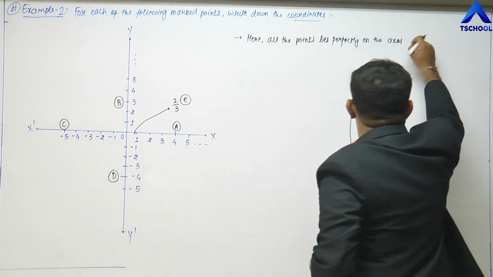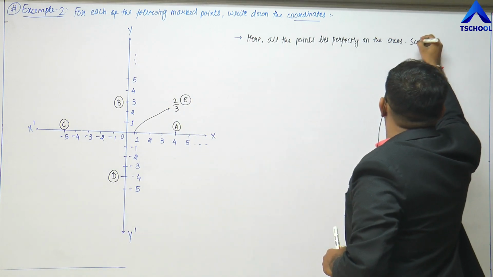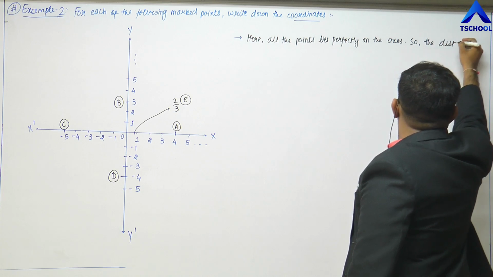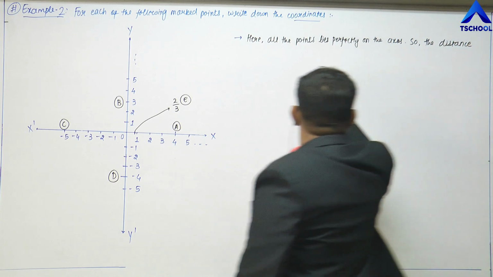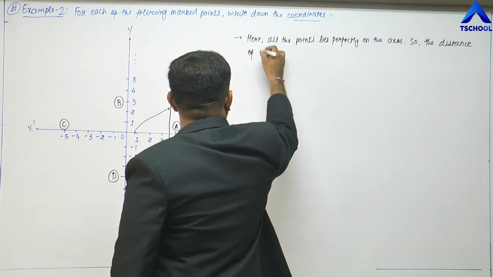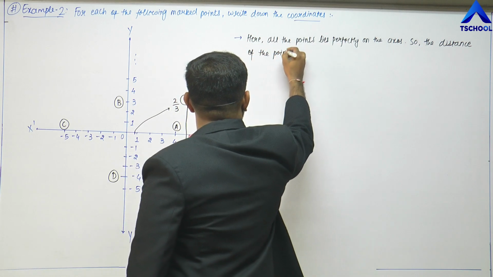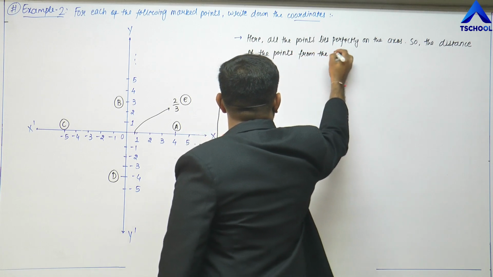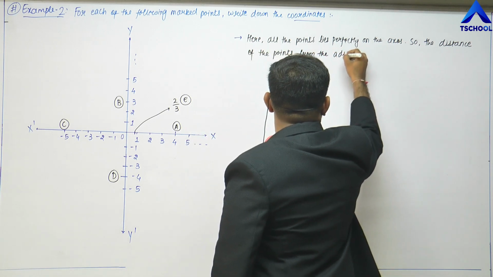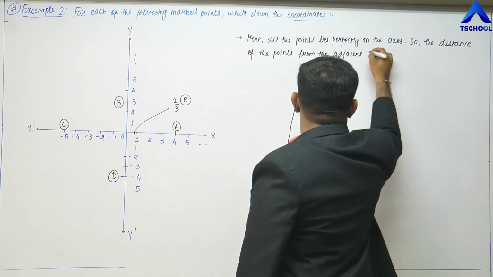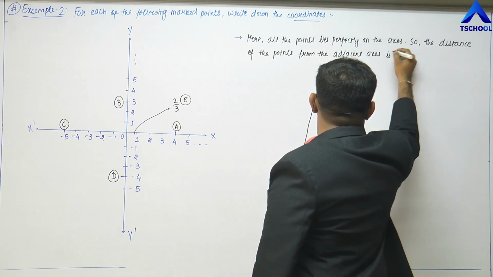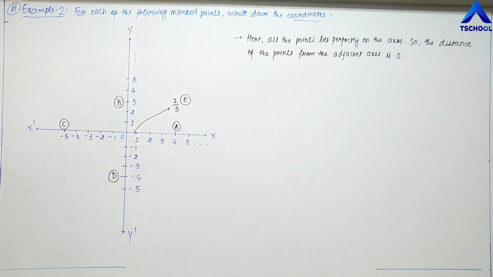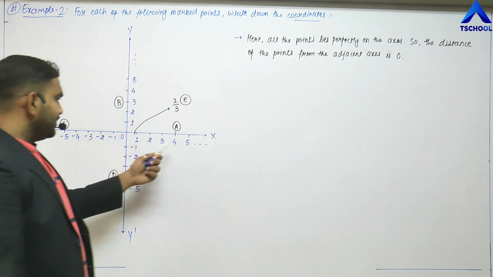So the distance of the points from the adjacent axis is 0, right? So the distance of the points from the adjacent axis, if it lies on the x-axis,